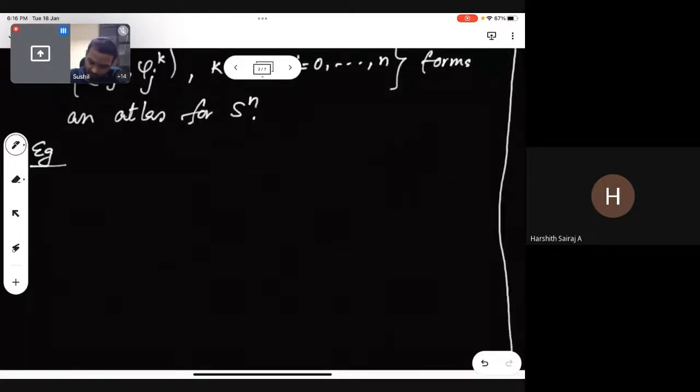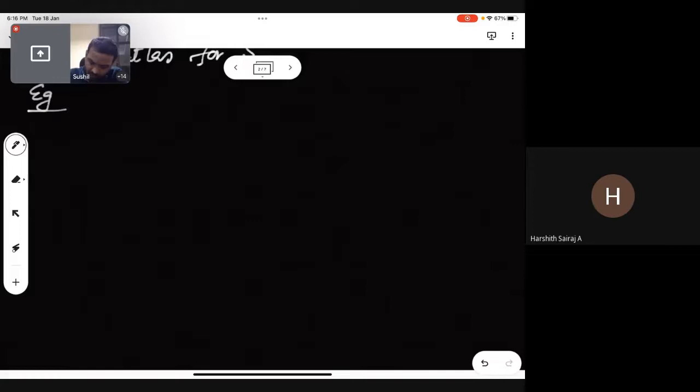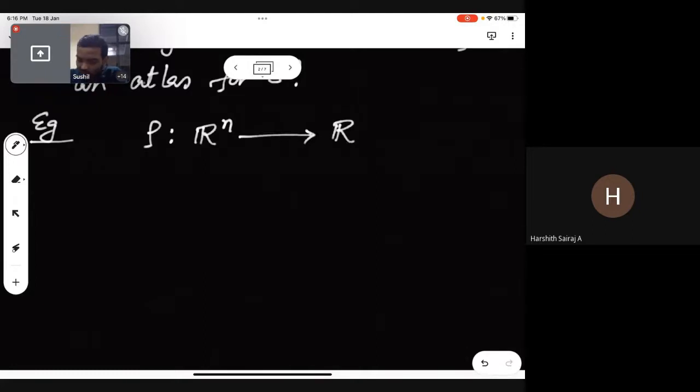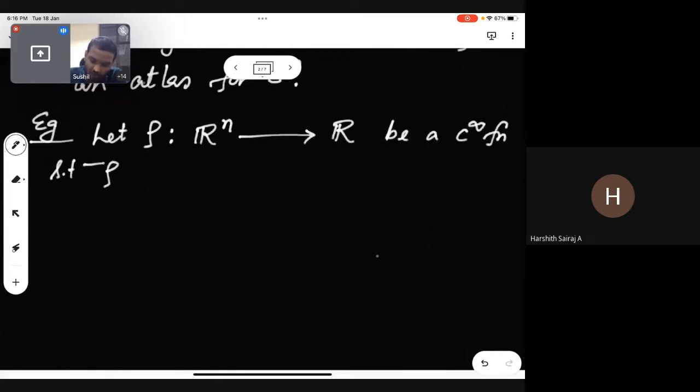Right. So the next example is the following. Consider a function rho from Rn to R. You know what C infinity means, right? Let rho be a C infinity function such that the gradient of rho at x is non-zero for all x in